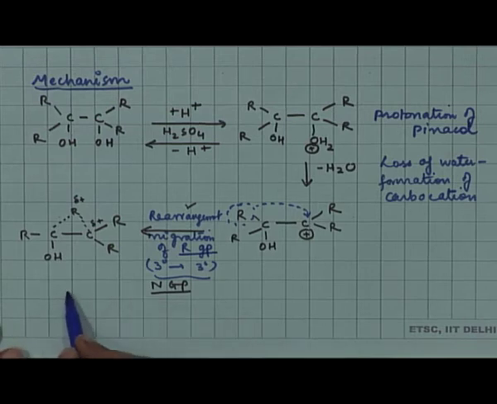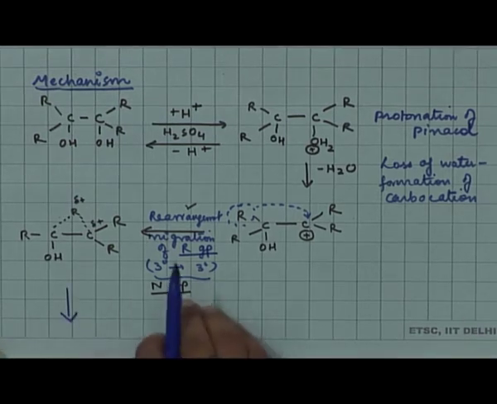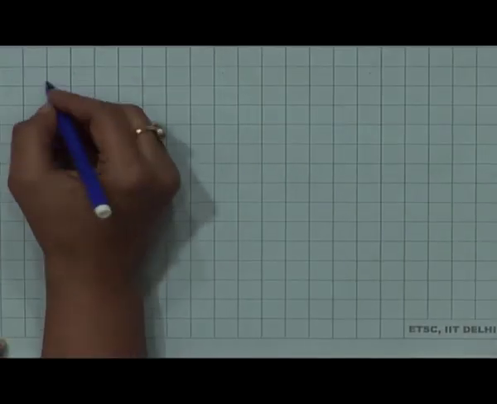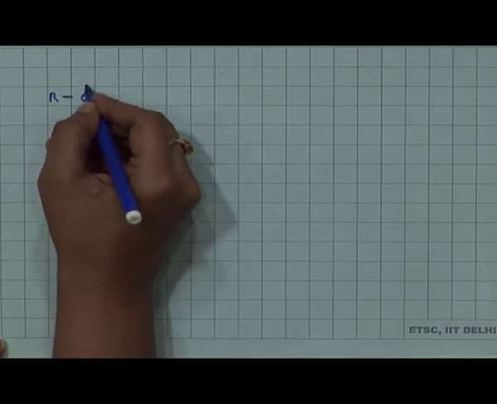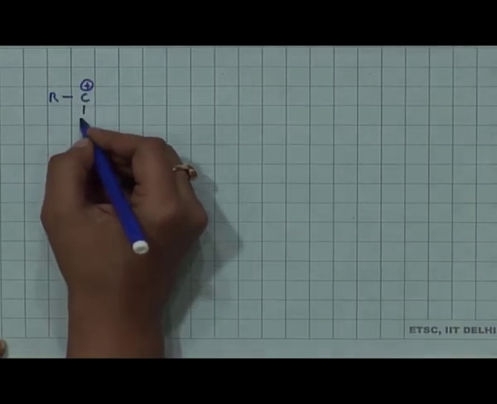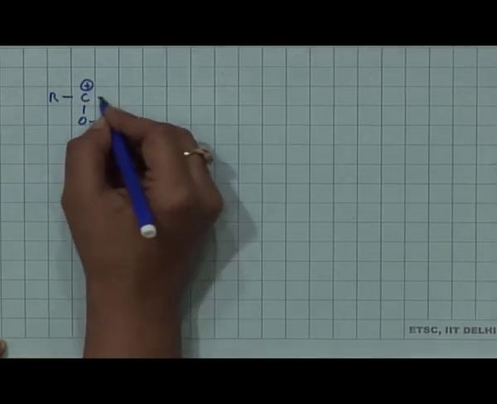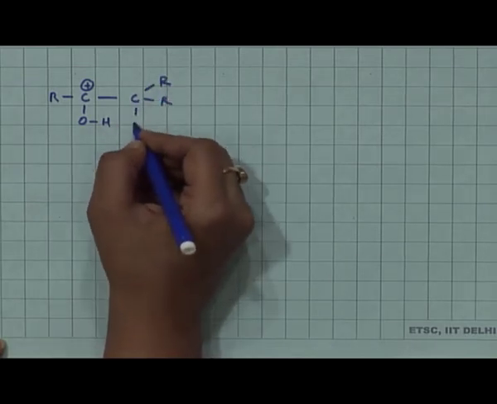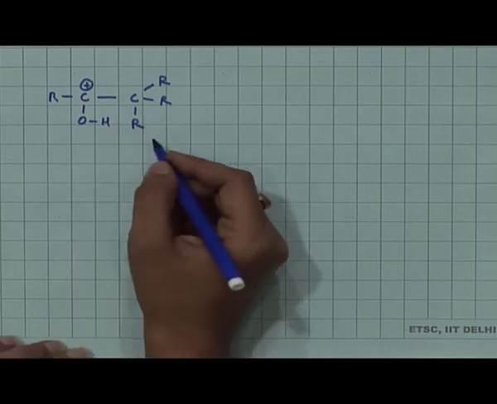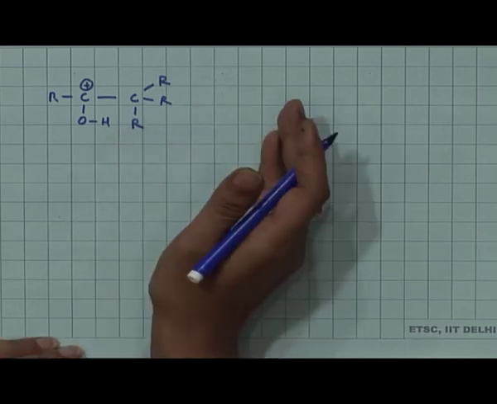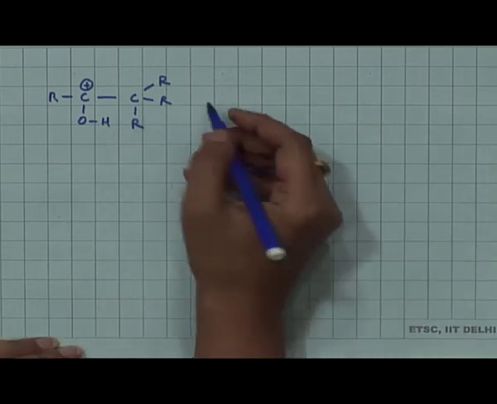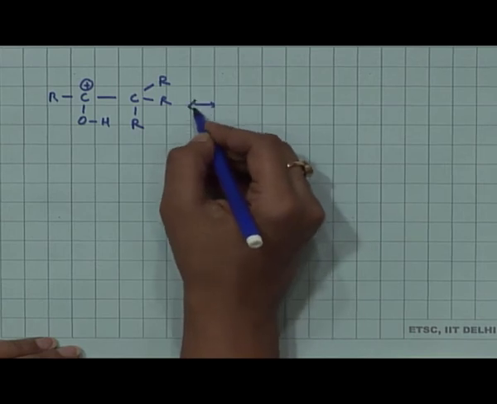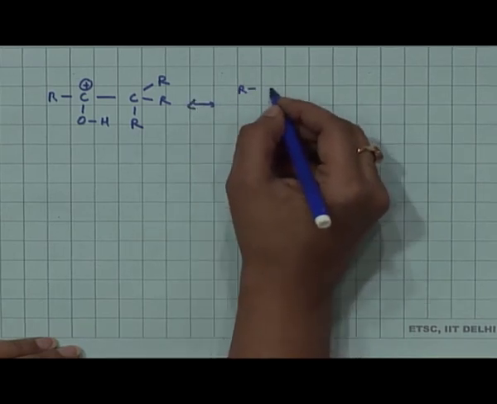So, once you get this intermediate through the migration of the alkyl group, the other tertiary carbon is what bears the positive charge now. So, there is basically a shift of the positive charge from one tertiary carbon to another because of migration of the alkyl group, which is actually a neighboring group assisting the elimination of the leaving group here, and this then undergoes